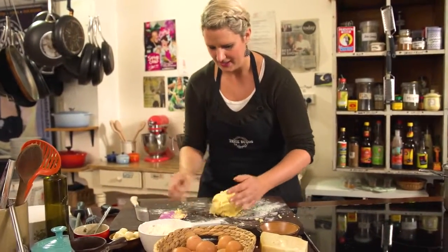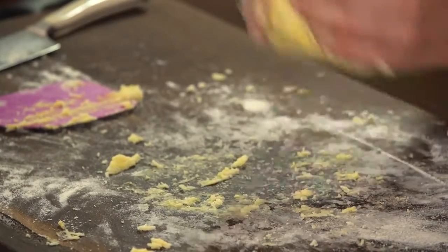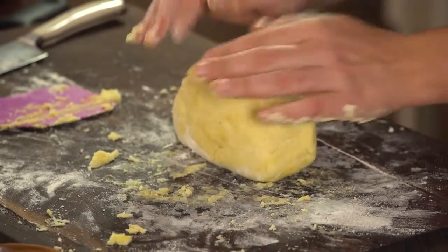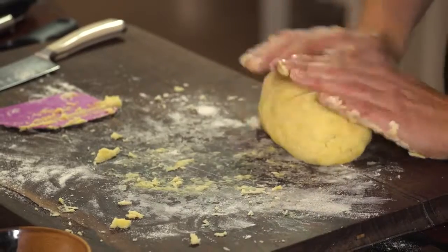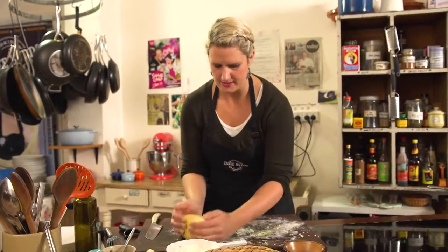Okay, now it's nicely combined. I'm going to roll it into a piece, and I'm just squashing it and compacting it so there's no air bubbles in the middle. And then just sitting it to the side of the board,